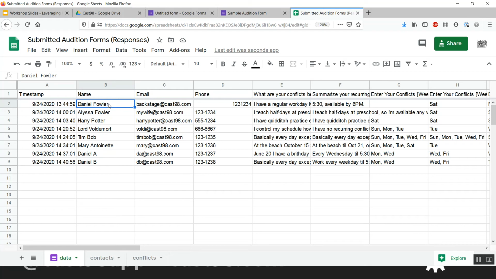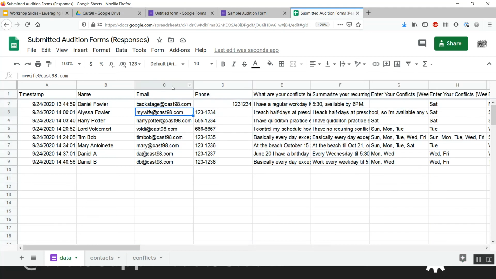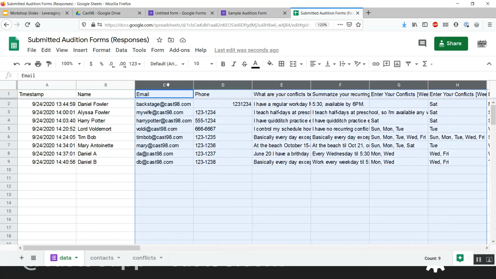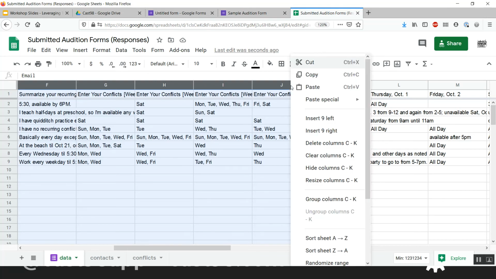So right away, I'm going to go ahead and show you something I do. I like to hide columns that I'm not using. And so here in the data tab, I'm going to select some of these columns. Again, I select the column by clicking on the letter at the top. I hold down the shift key and I move to the right with the right arrow. And all these columns that I'm not using because they're examples for other things, I'm going to right click and